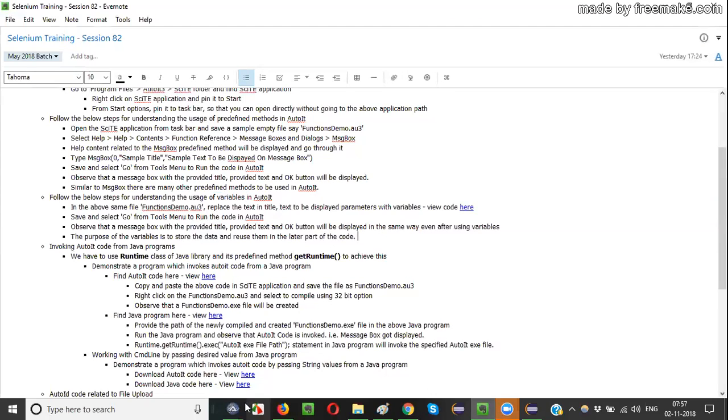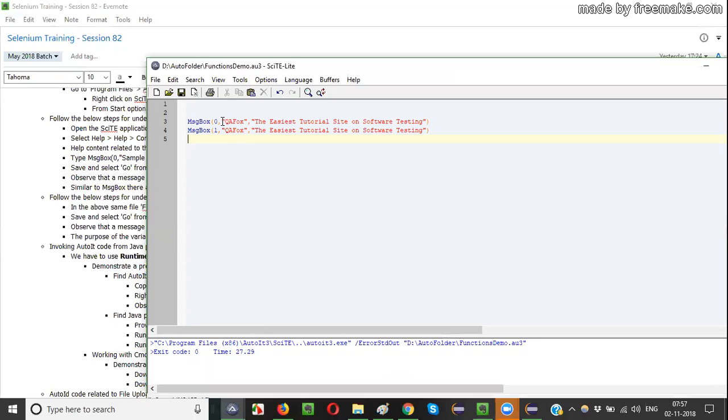In this particular program, I am going to replace this particular text and this particular text. I'm going to store this data into variables. I don't want to directly use this raw data in the methods. Instead, I want to first create some variables and use the variables. Here you have two message boxes, right? You don't have to type QFox every time, right? If you store this particular thing into a variable and reuse that variable here and there, that will be very easy for us, right?